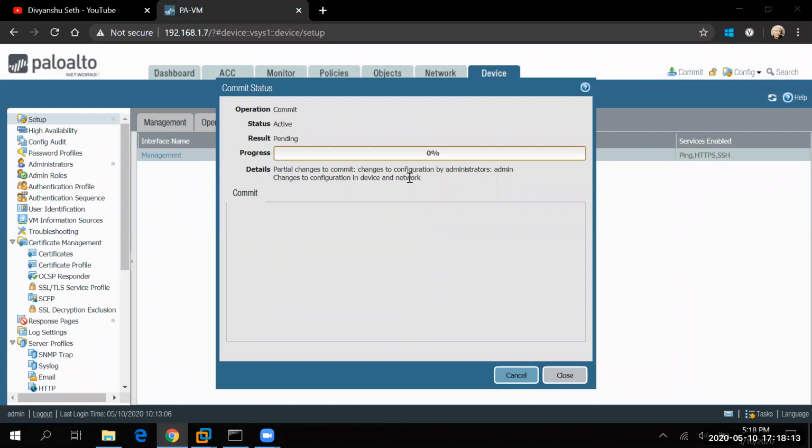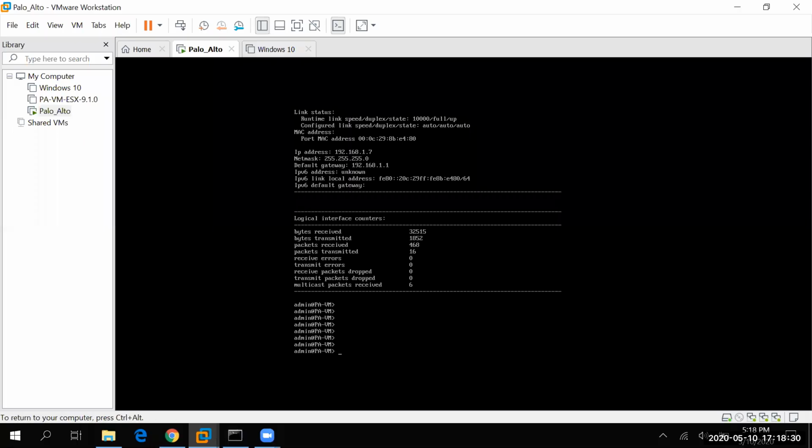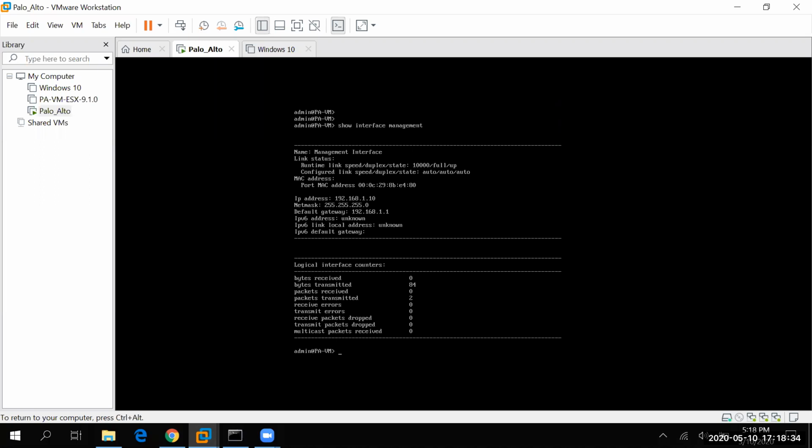Commit is happening, guys. So now it is 75% completed. It will be approximately 99% completed only, because it will not show 100% here, since it's a management configuration change which we did. But here we are able to see in our CLI. When I type the command show interface management, I am able to see the IP is now getting changed